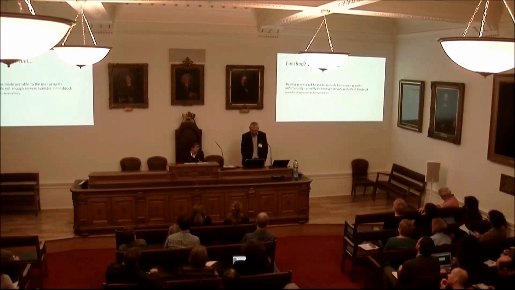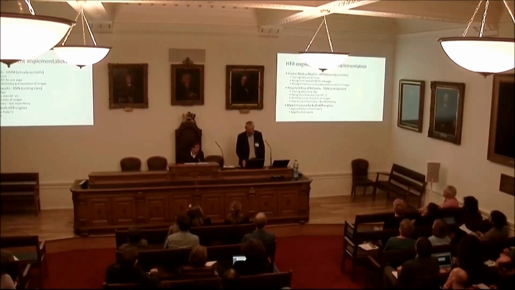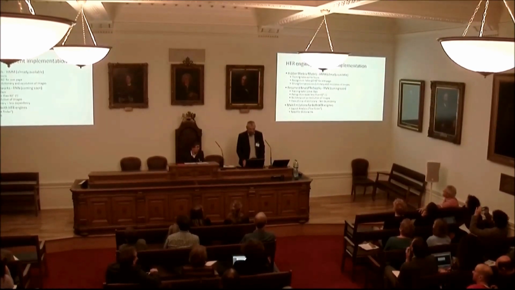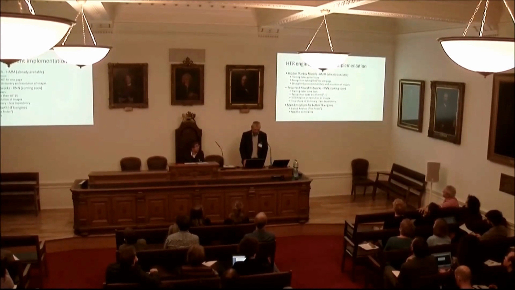So currently we are doing the training. We have two engines actually running. The one coming from Spain, hidden Markov models, and one with recurrent neural networks coming from Rostock. They are a bit different. The main difference, I think, for the user is that the neural networks are more comfortable. Recognition is much faster, probably just a minute for a page, whereas HMM is currently still very slow, 20 to 60 minutes per page.